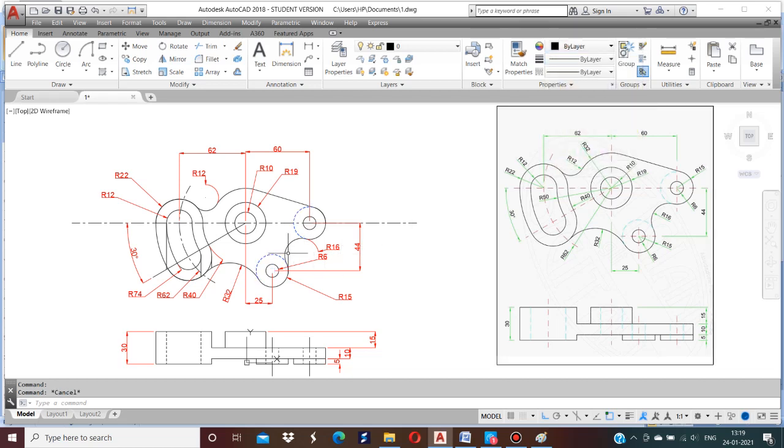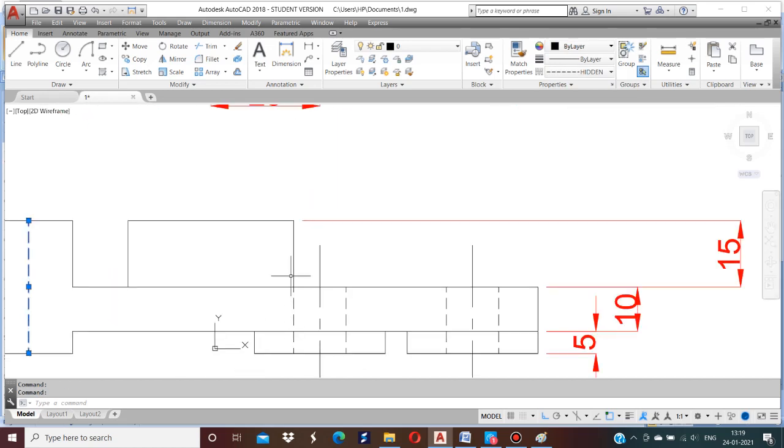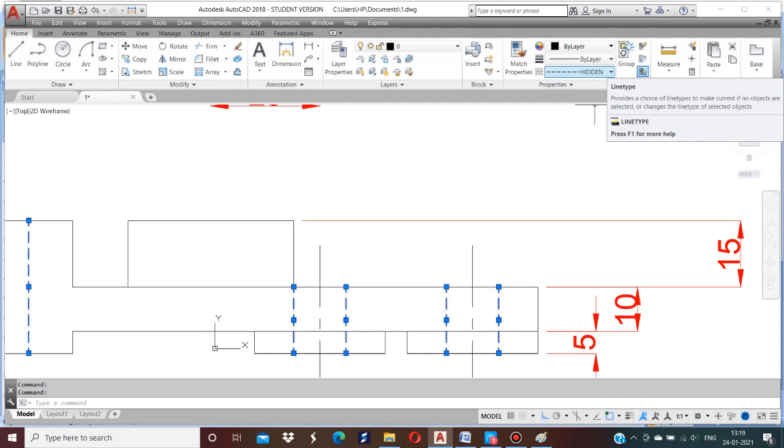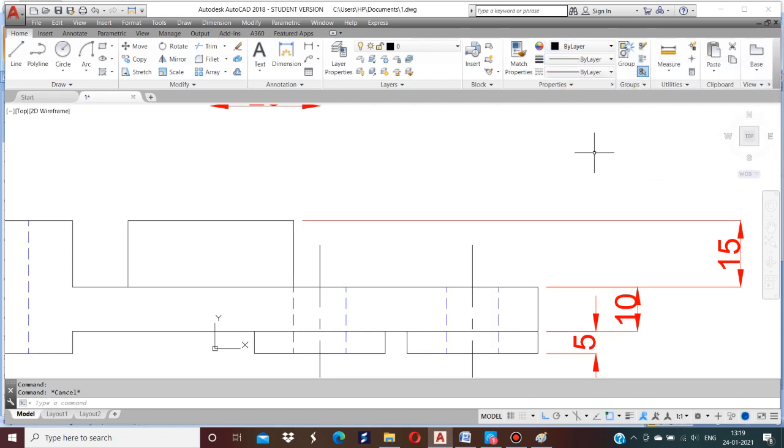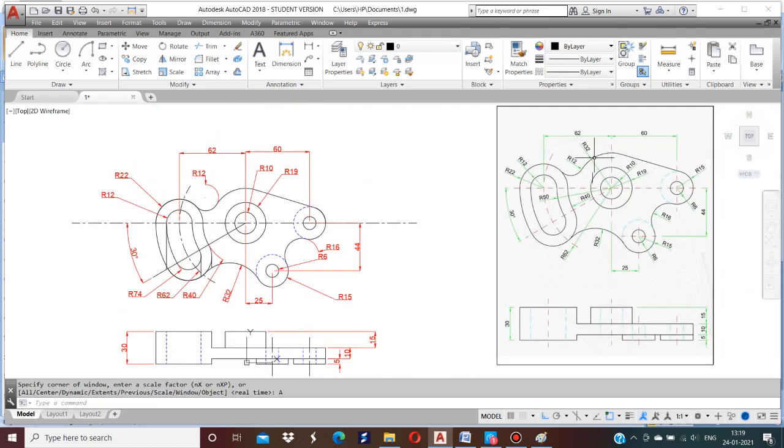That means it is in the hidden. Therefore here also I change it to blue color. Color blue. And zoom enter all. So this is how you have to give the dimensions.